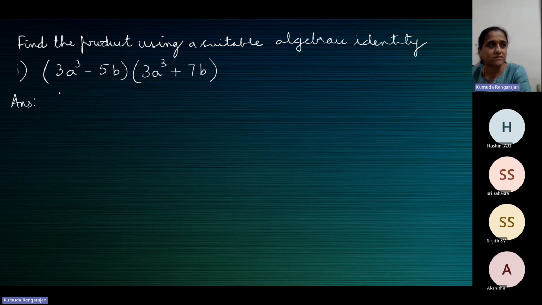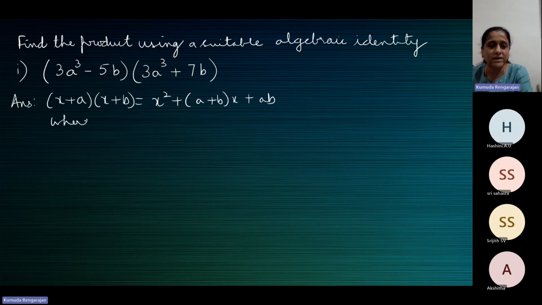Should take x as common, right? Okay, thank you. So this should be worked using the identity x plus a into x plus b is equal to x squared plus a plus b of x plus ab,